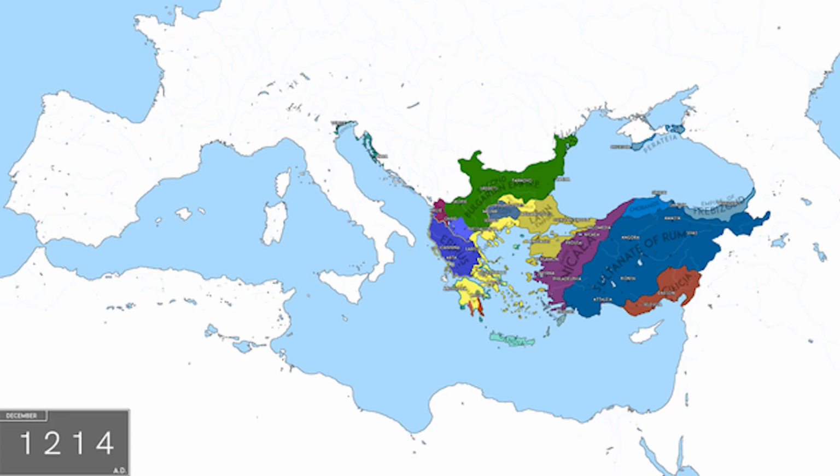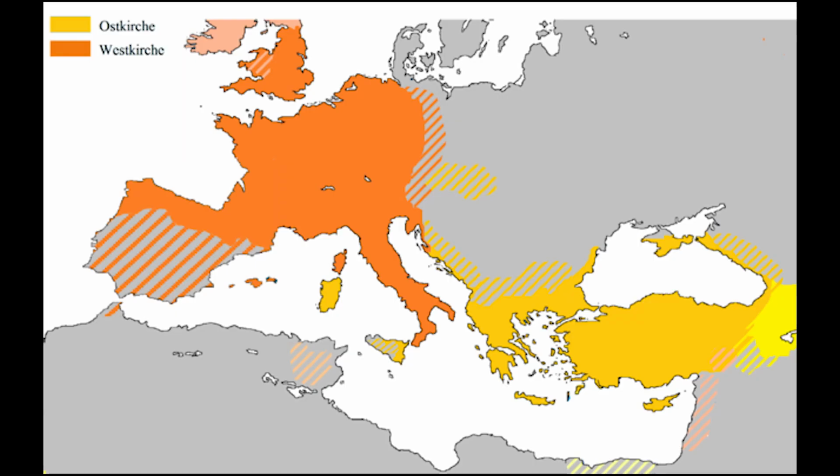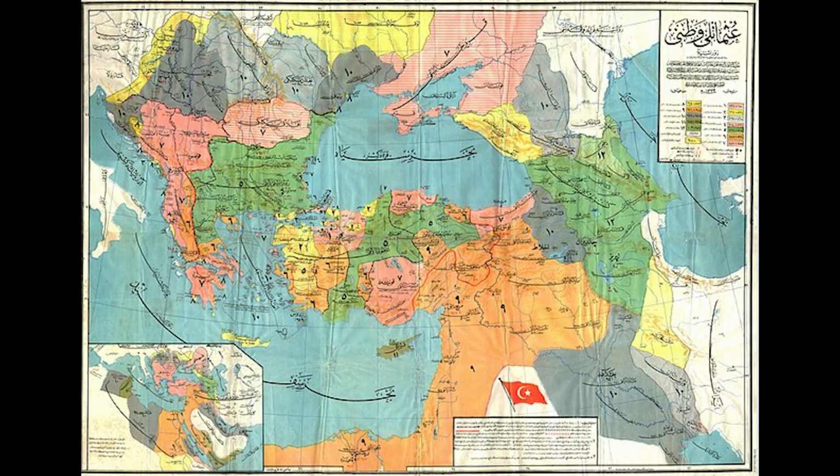The whole of the Eastern Roman Empire collapsed, and wasn't restored until 60 years later. Many historians have pointed out that the sacking of Constantinople significantly worsened the Great Schism between the Roman Catholic West and the Orthodox East, as well as setting the stage for the Ottoman conquests in the centuries to come.